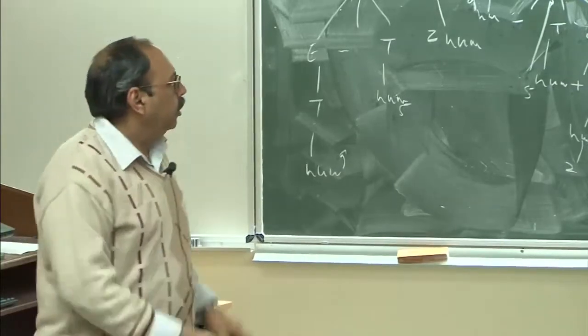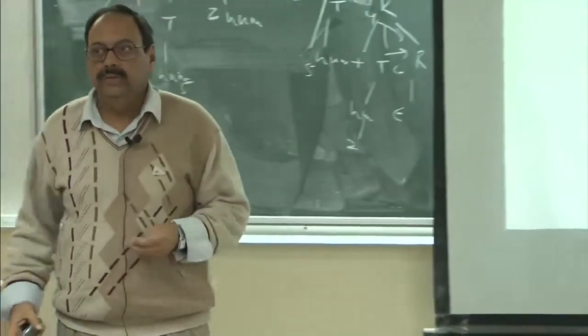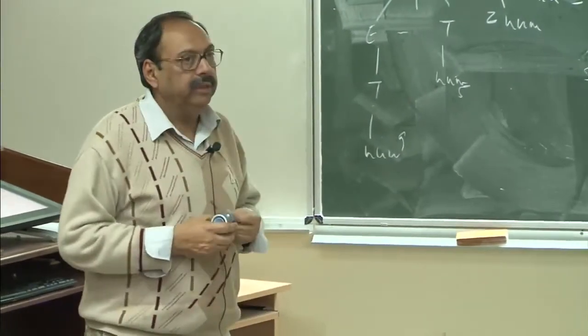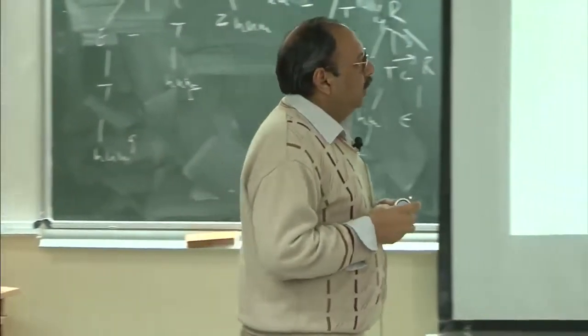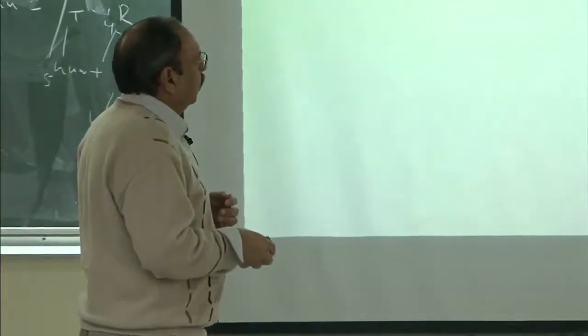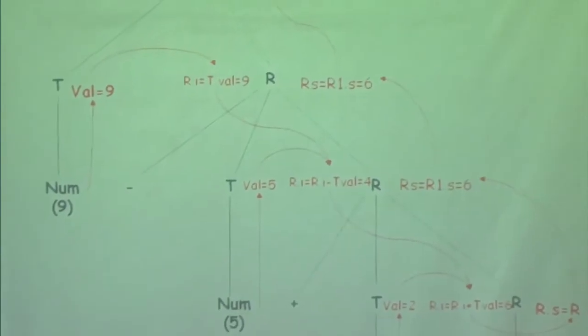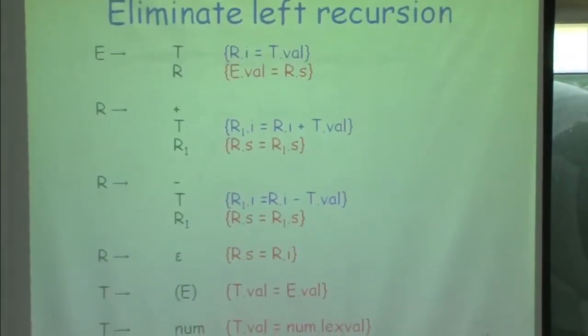Right. Okay. So, now let us move on with implementation, because now we also want to deal with the case where I have a bottom up parser and I want to deal with inherited attributes. So, how do I deal with inherited attributes? Let us keep this as the running example, which is this one. Let me go back to the same grammar, this one.